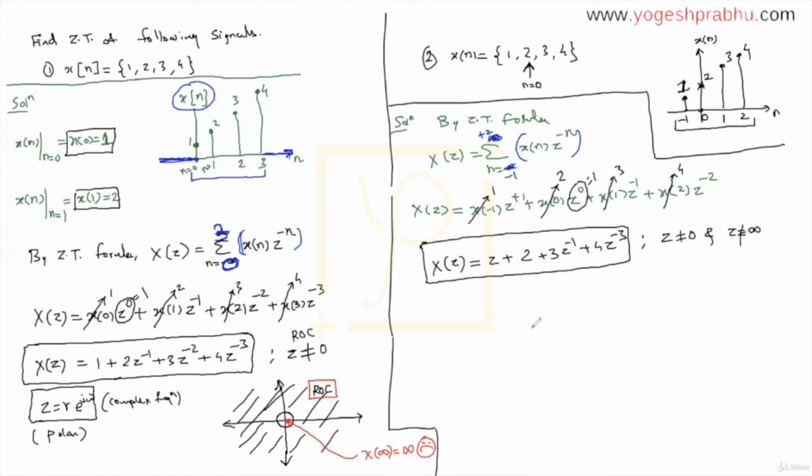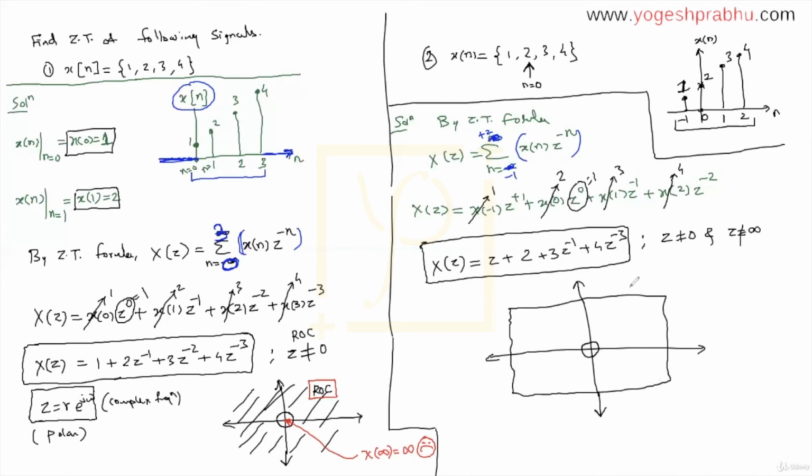Now, how do we show that on the z plane? As I said, the z plane is a two-dimensional complex plane. And let us denote 0 at the origin over here. That's 0. And now how do we show infinity? We can't really show infinity on the small screen. The screen is not infinite. But let us assume these lines are at infinity. So let me write down all these lines are at infinity. And all the area inside infinity and outside 0 is the shaded region. We always show our ROC by a shaded region. So this is what I'm going to call the ROC.